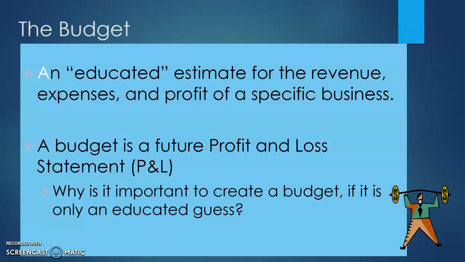Okay, that's typically what we do. Some businesses look at them quarterly, some look at them yearly, but for the most part, our profit and loss statement starts on the first of the month and ends on the last of the month. And then it starts again on the first of the next month.